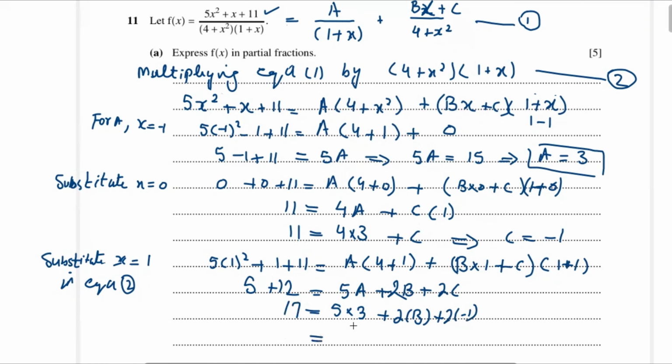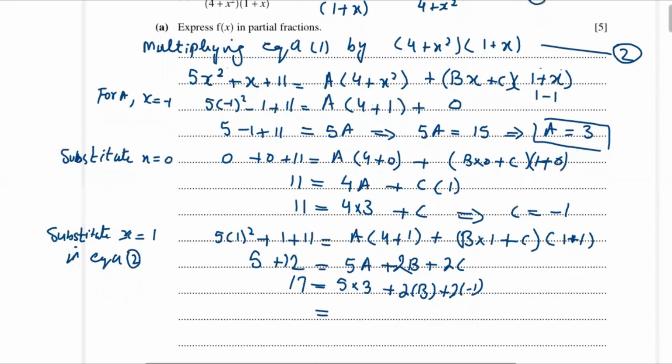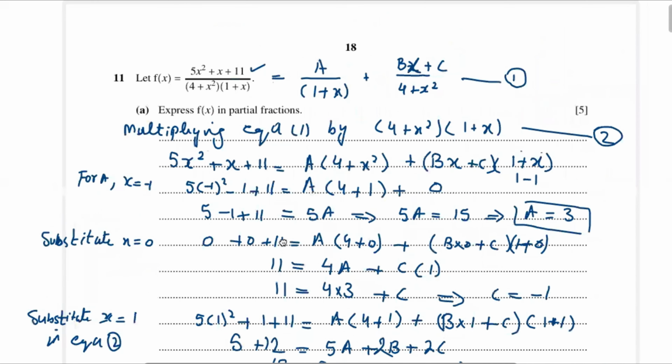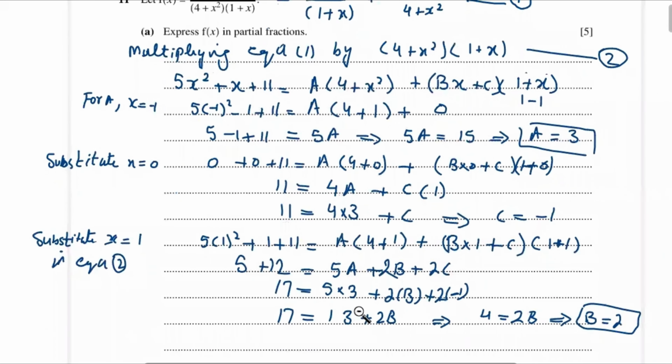Now you can write it as 15 minus 2, that's equal to 13 plus 2b equal to 17. You can write it as 17 minus 13 is 4 equal to 2b, then b will be equal to 2. Now b is 2. Now we substitute the value in this equation 1. Therefore, that equation 1 becomes